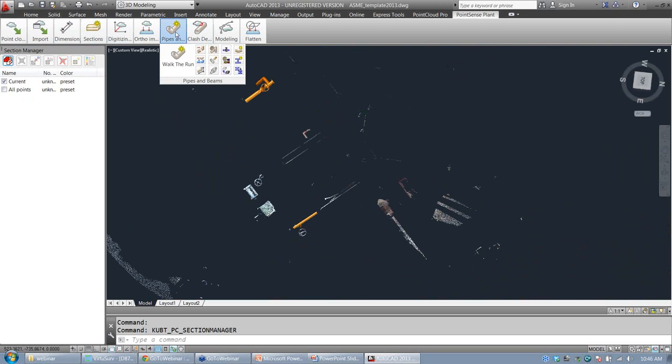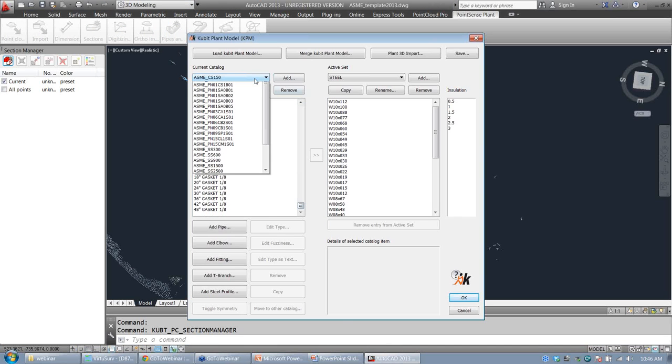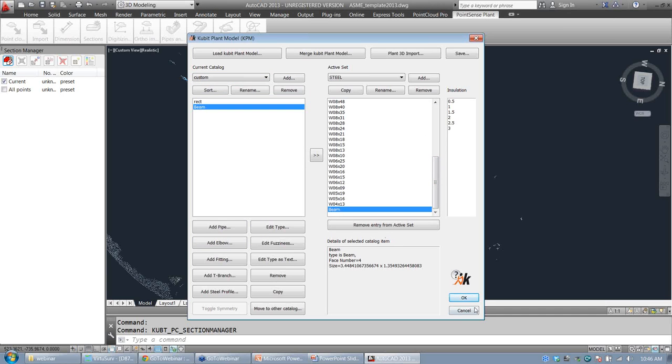Okay, so what I'll do is I'll just load that in, and all I did was take a 2D polyline, trace it very poorly on the base of that object just to show kind of a custom object there. And I have a custom catalog here with beam and rect. I just named them very basic generic terms. So you bring it into the active set,